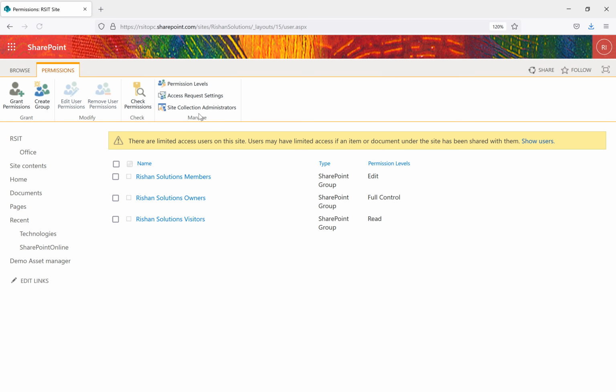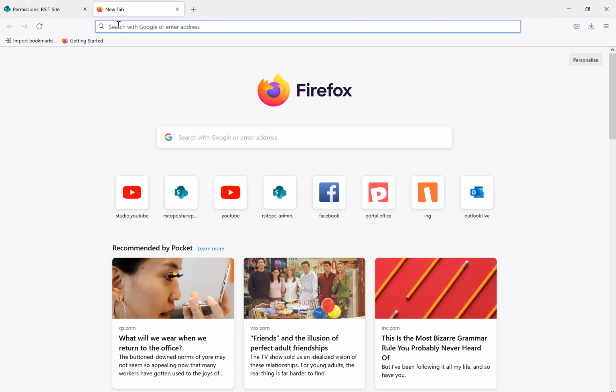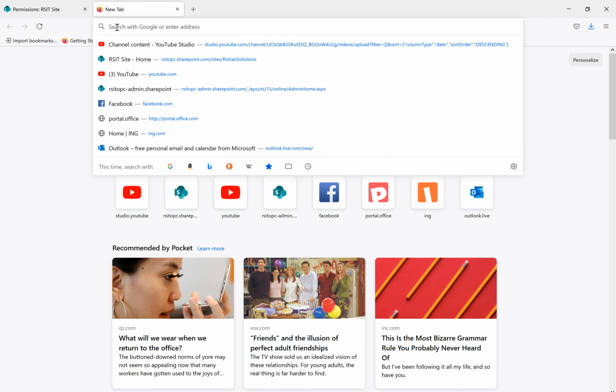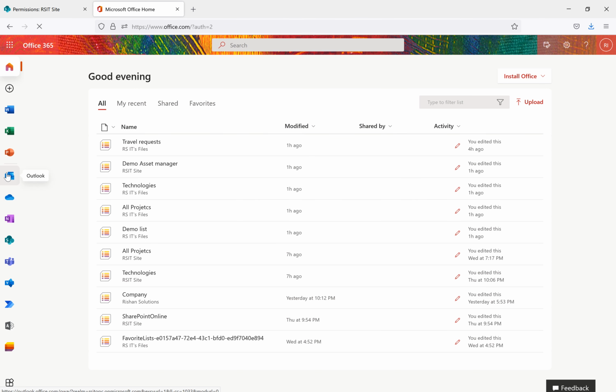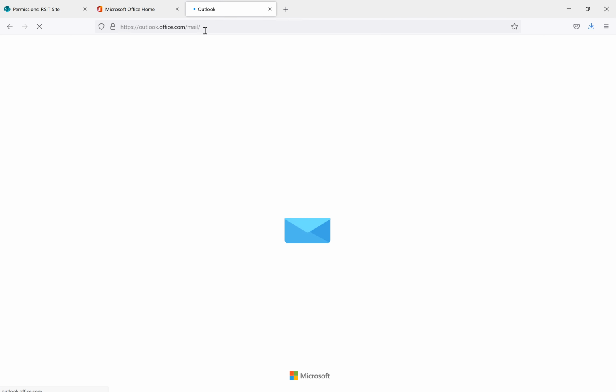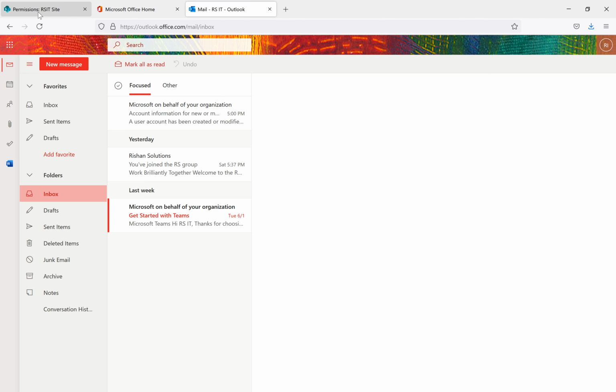So this way you can set up an email request to the users, and then that email will go to the person who has that particular access from the owners group, or if you give any separate email address, it will go to that person. Now I am opening this Outlook for this